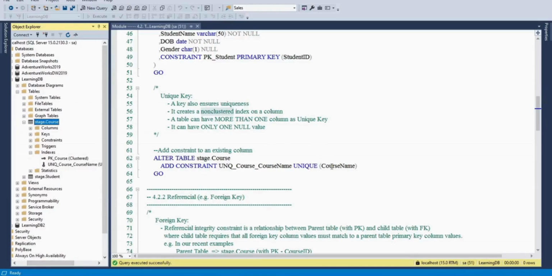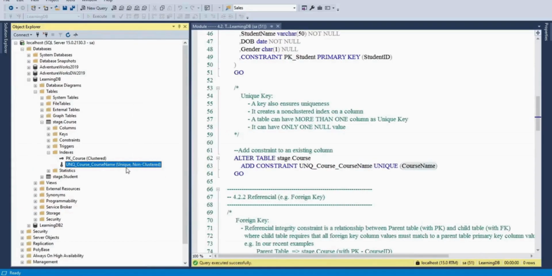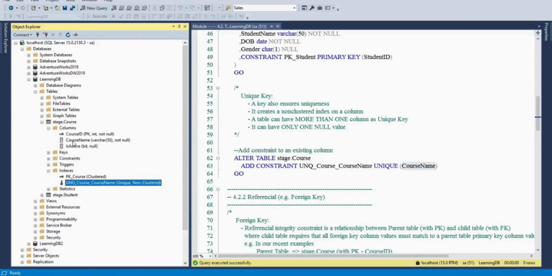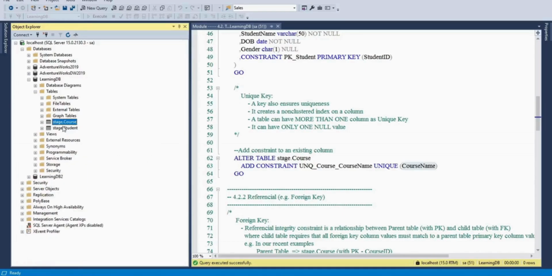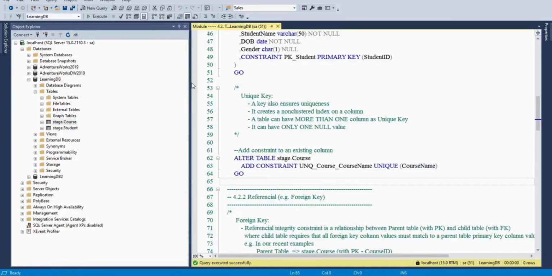So yeah, in this table we created the non-clustered index, or say the unique constraint, on the course name column. So this is a unique constraint, but it is of the non-clustered type, right? The previous one which we created was a clustered index, whereas this one is non-clustered, and it is created on which column? The course name column. Okay, here it won't show any indicator, but only for the primary key it will show that key symbol. Okay, so you can understand, yeah, it's a primary key. All right,